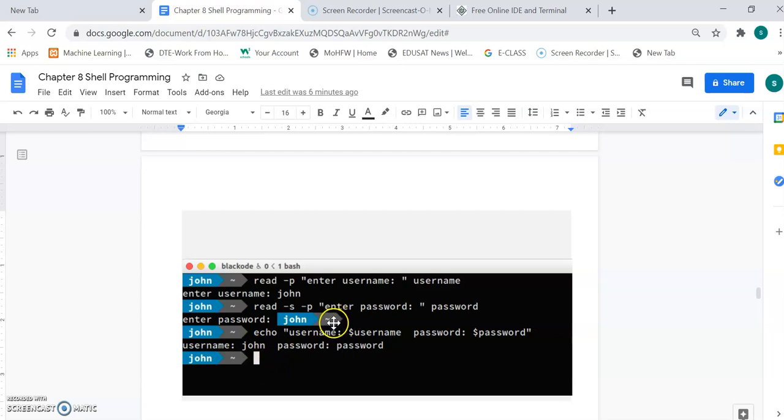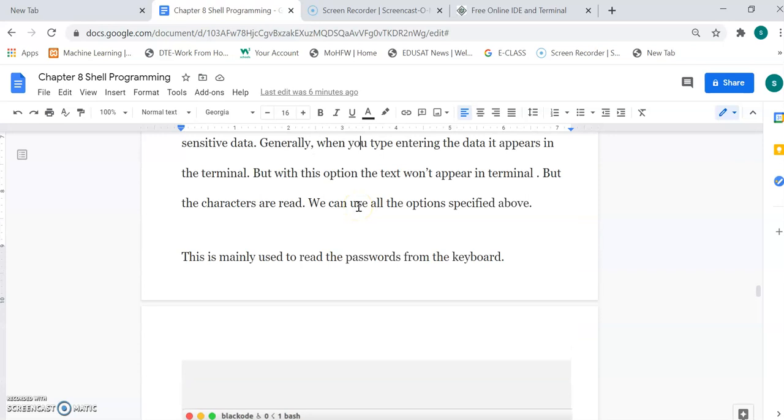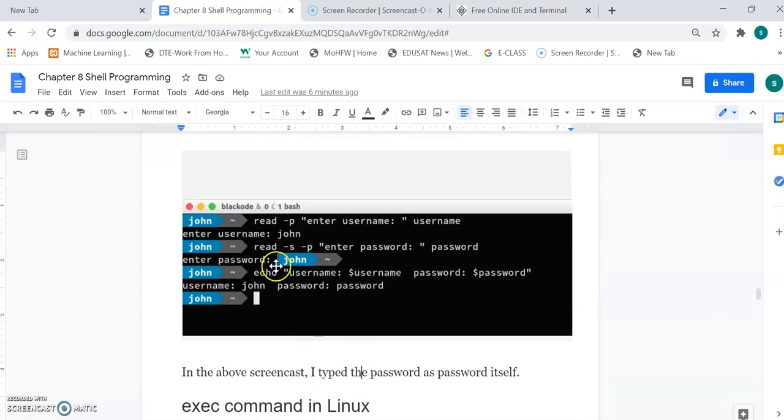When you type that password, it will not be shown to the user, it will be hidden. You're typing something, but that text won't appear in the terminal. So here, echo "username is $username and password is $password". You can see username John and password password. In this example, they have given password as the password, and that has been printed with the help of echo.